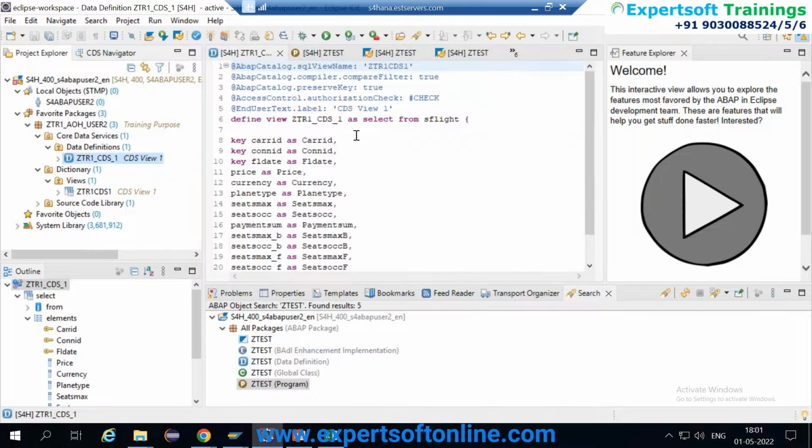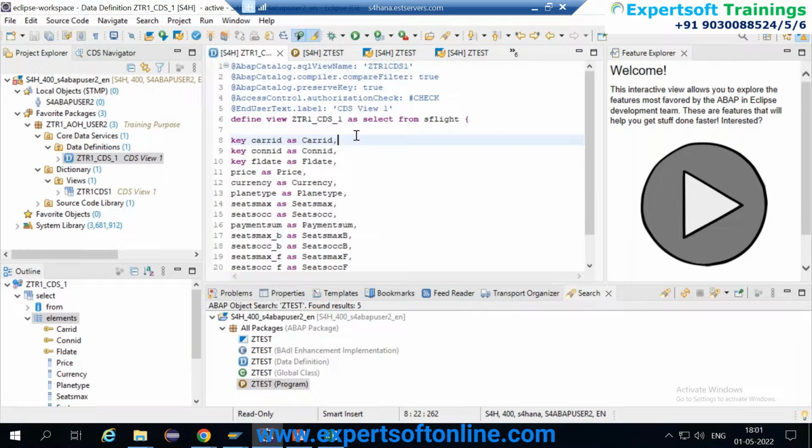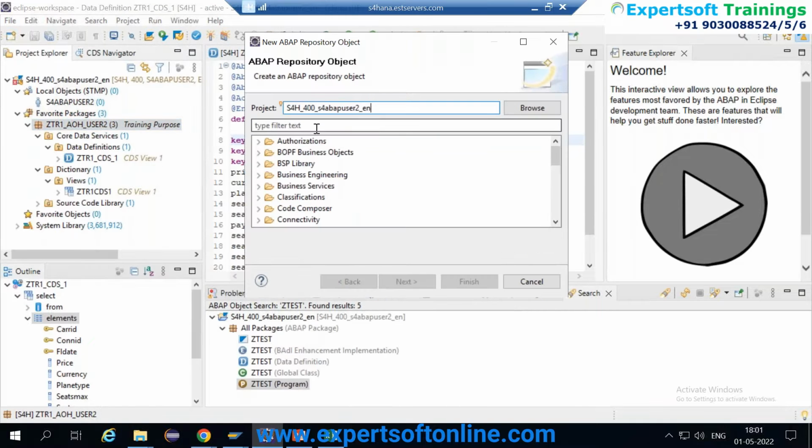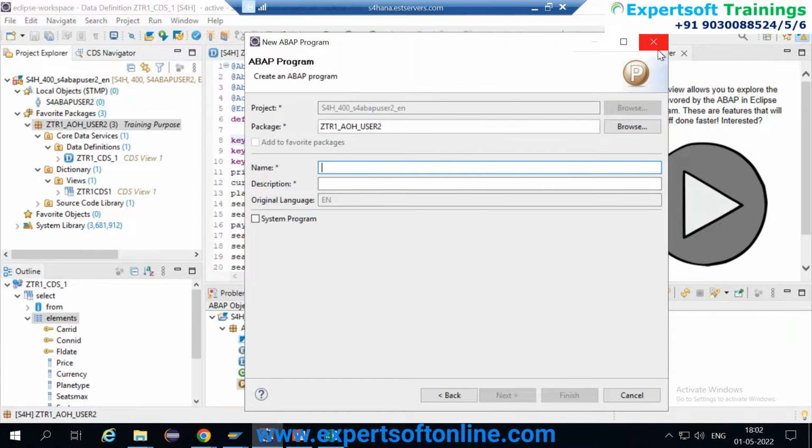One more question. I saw that you showed how we can use ABAP with Eclipse. That was new for me. I had no idea that we can also do ABAP with Eclipse. Yes, you can create ABAP through Eclipse. You have an option like the SE38 report. If I search here, we have an option ABAP program. This is your SE38 report. If you open this, you can create your ABAP program.